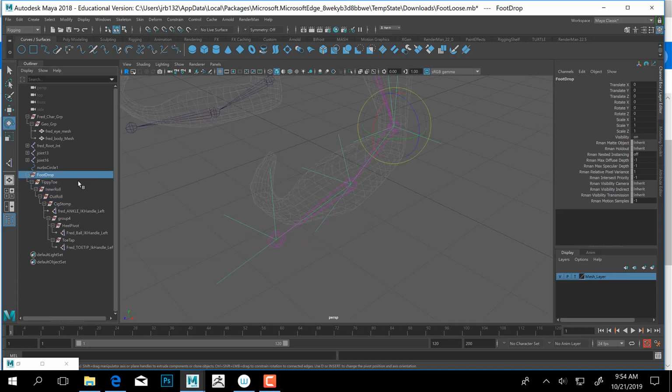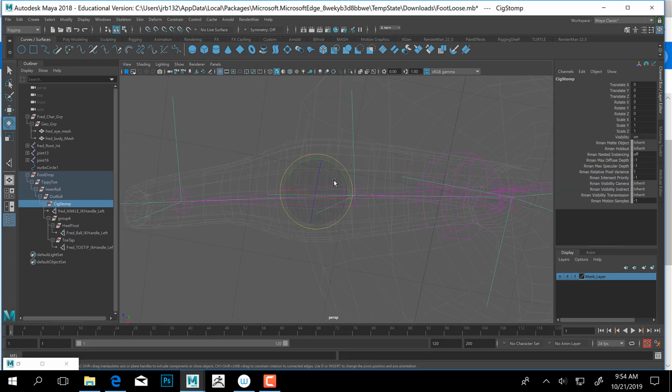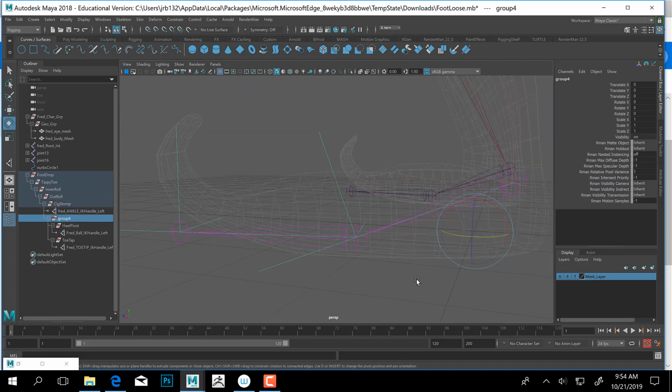And we go through and check all these. So tippy toe works. Inner roll works. Outer roll works. Sig stomp works. And then the heel pivot, or the heel peel,